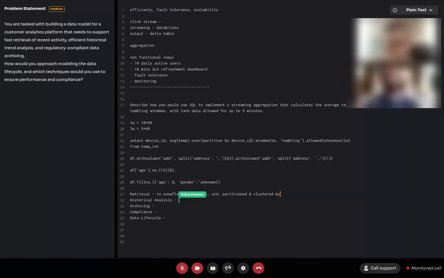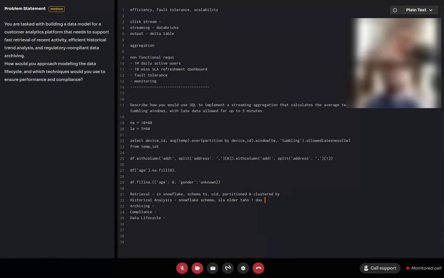Okay, for historical analysis, again I would do a Snowflake schema. In that, the SLA would be older than, I don't know, maybe 1 day or something.